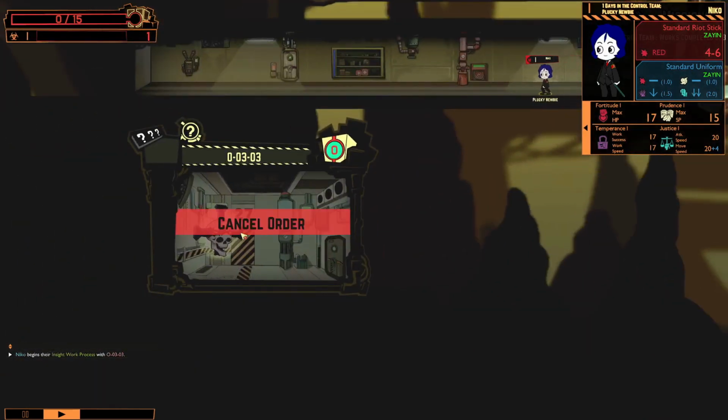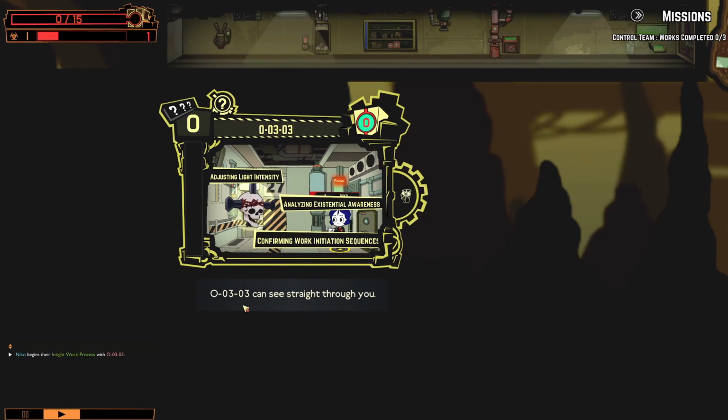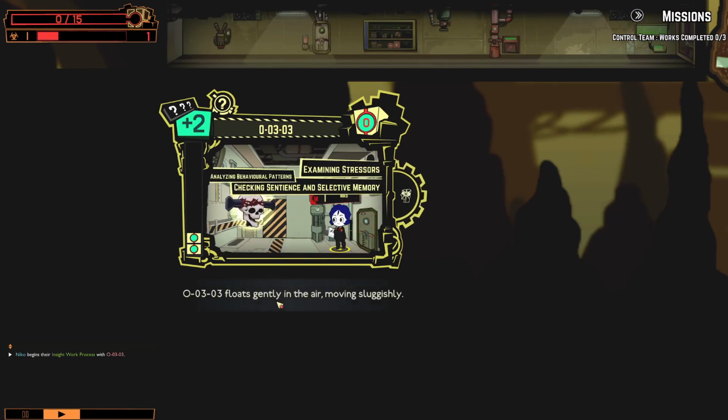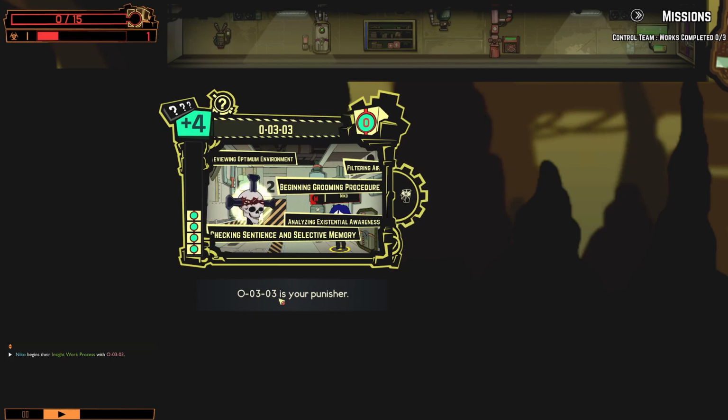For a second I literally thought that I had the language set wrong. It's just... whatever this is can see straight through you. Floats gently in the air, moving sluggishly. Sometimes you can get a bit of a hint about how they work from these, but sometimes it's just your